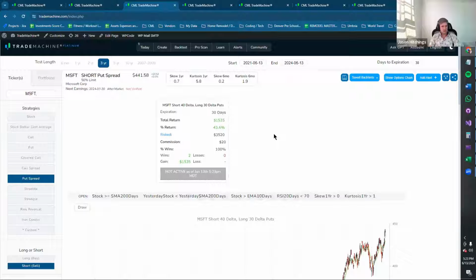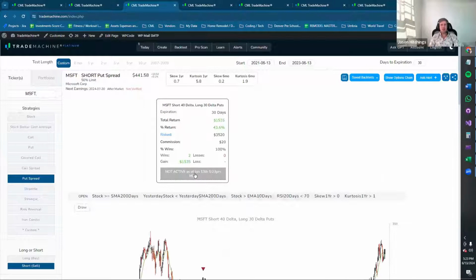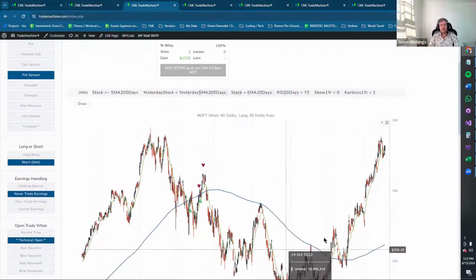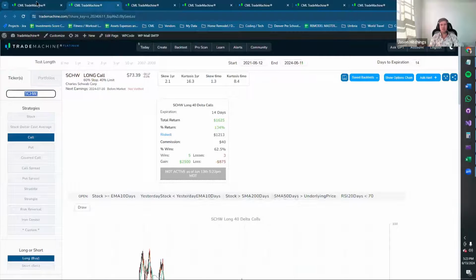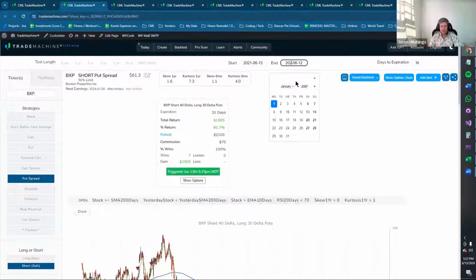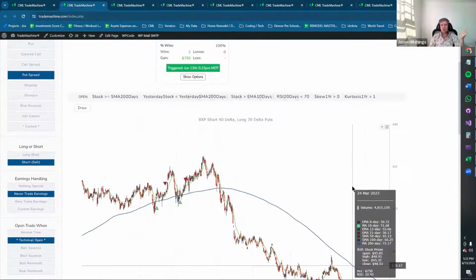Okay, last thing I'm going to say on this topic, even if your end date is long ago in the past, so this is a year ago, if this green flag shows active, it means it's active as of today. So it's not saying that the backtest you're in doesn't currently have a trade on and the conditions are met. It's assuming you have no position on. It's saying that you're starting a brand new backtest as of today. And if this is active, then it means it's ready. So I'll jump back to the example that we had, this BXP. And so I'll set this back to say the end date is in 2023. So now the chart is only going to go through 2023. Track record's only going to show through 2023.